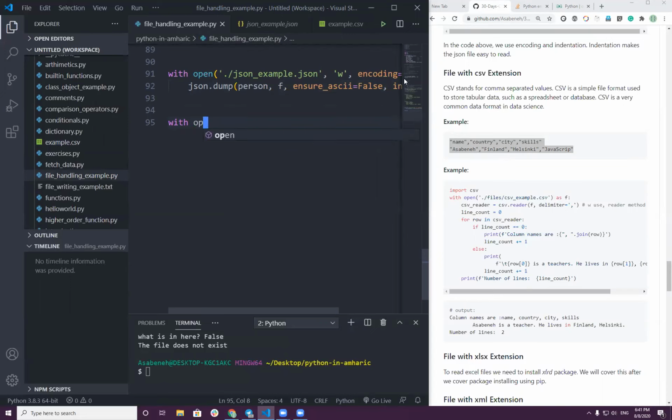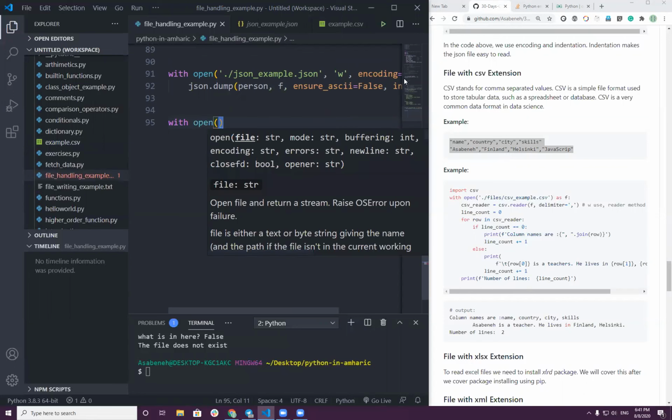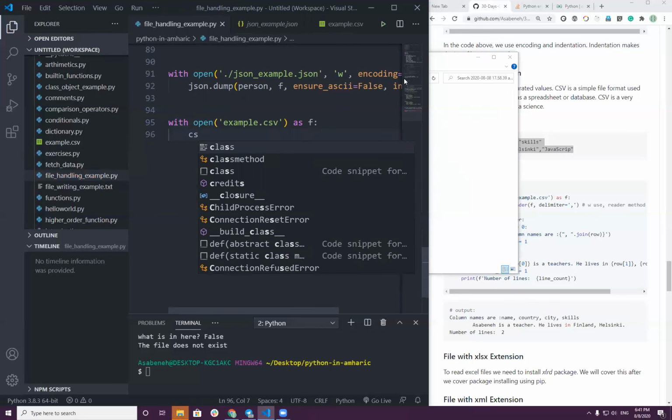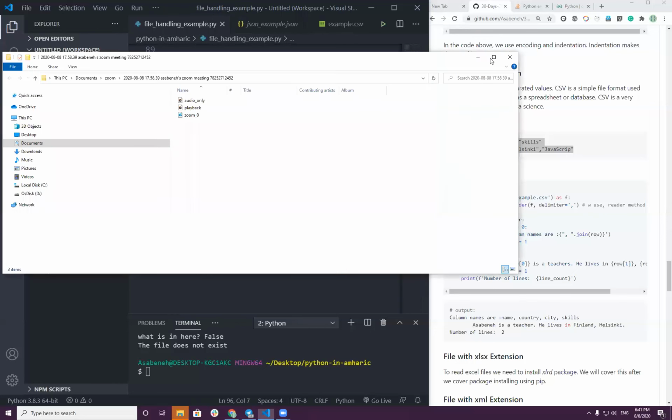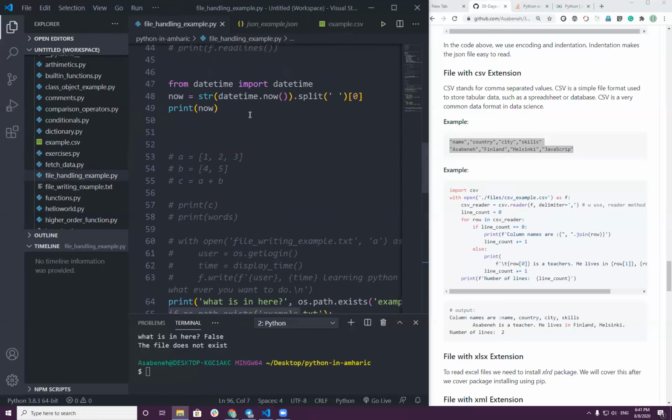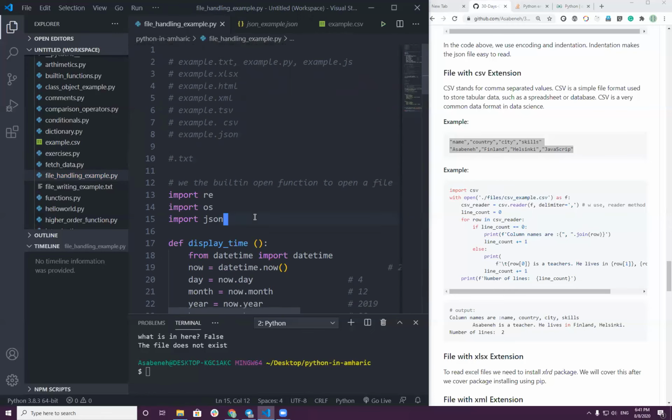with open file name example.csv ብለን ነው ሴቭ ያደረግነው። ሞዱ ያው ሪዲንግ ስለሆነ ምንም ማለት ያስፈልገኝም። then CSV reader, so we have to import CSV. Most of the time it's good to import CSV, you don't